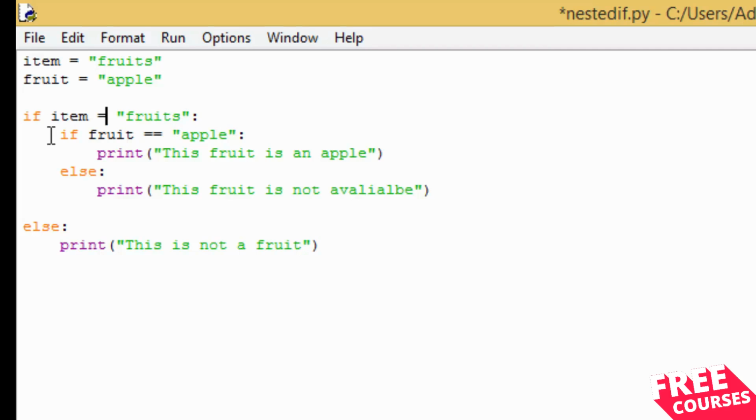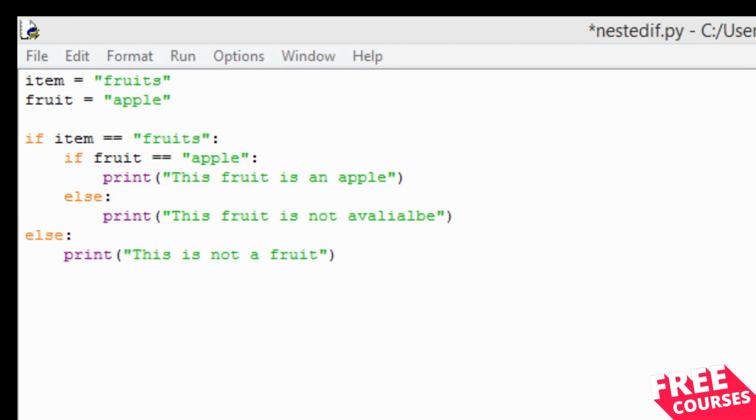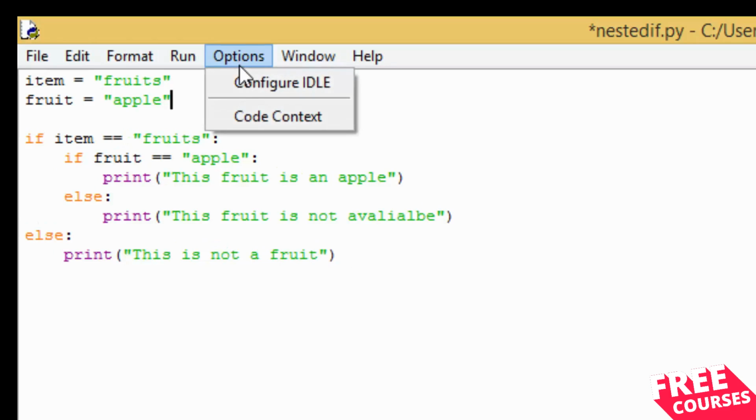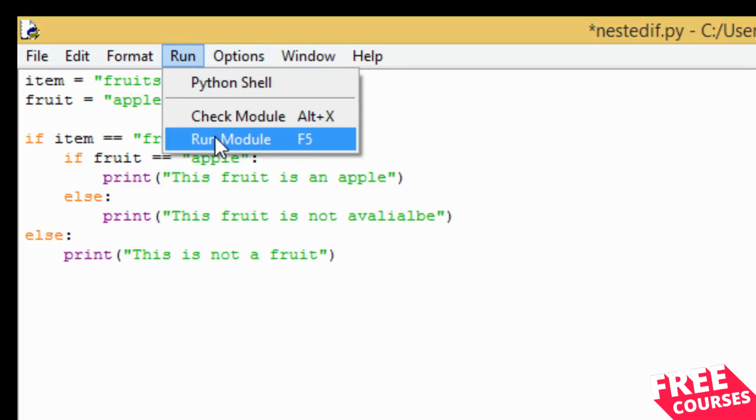If you just put one equals to sign, that's an assigning operator. I'm going to talk to you guys more about the comparison and the assignment operators in the next lecture. Right, so once you have done that, you can go ahead and run this file. So I'm gonna run the module